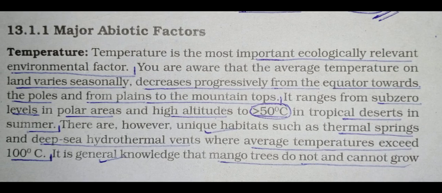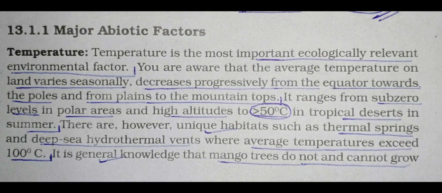Now we will read this question from your textbook. Again I am saying that so many MCQs are there, and you will underline the main points and main words. So, temperature is the most important ecologically relevant environmental factor. Underline this, it is a one-liner question. You are aware that the average temperature on land varies seasonally. Underline varies seasonally. It decreases progressively, now most important point, from the equator towards the poles and from plains to the mountain tops. It ranges from sub-zero level in polar areas